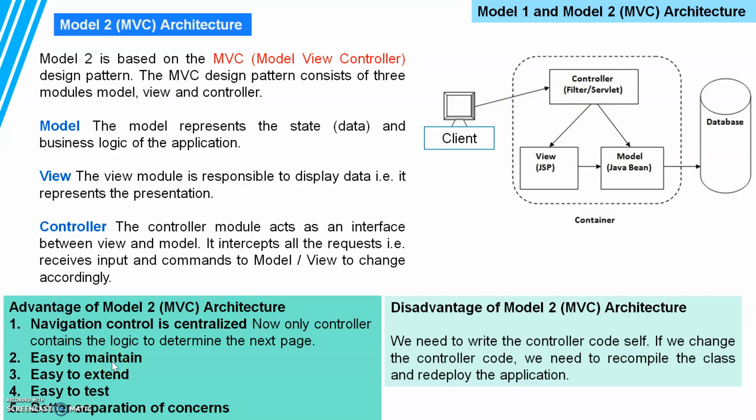Easy to maintain, as the three things are separate and independent of each other. Then making an extension or a change in presentation, or making a change in the model, will be easy, and it will not affect the other. Easy to extend, easy to test, as these are separate models, independently you can test, and better separation of concerns, as I said. So suppose you imagine that you have to develop a web application for banking software.